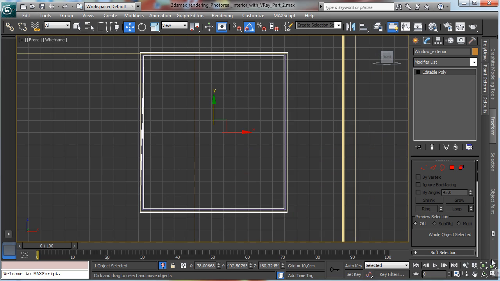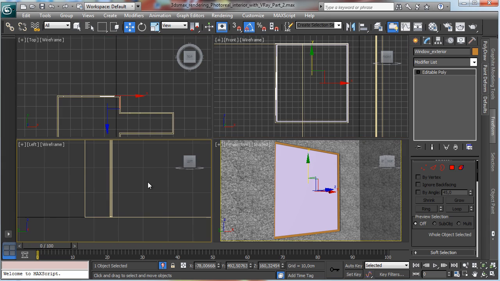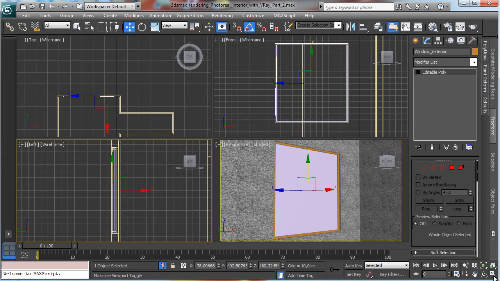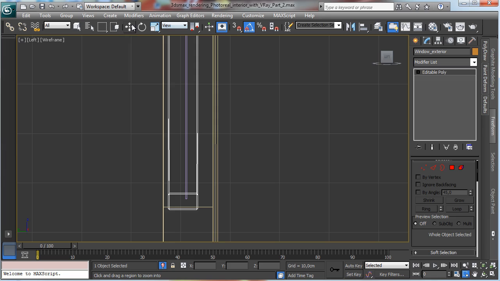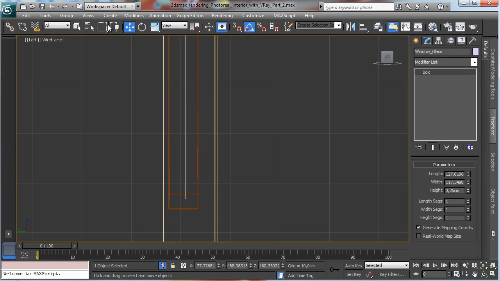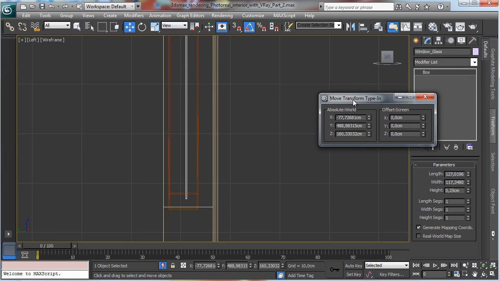So let's go there, and we can create, let's say, from this point of view. Okay, the glass can be moved, and we move it, sorry, there,